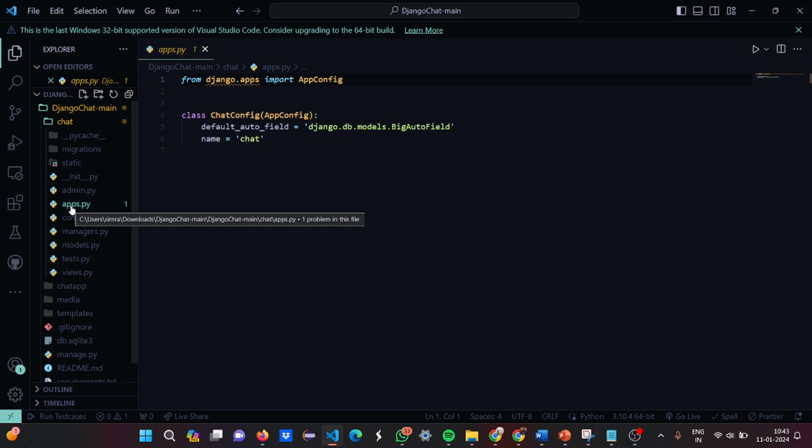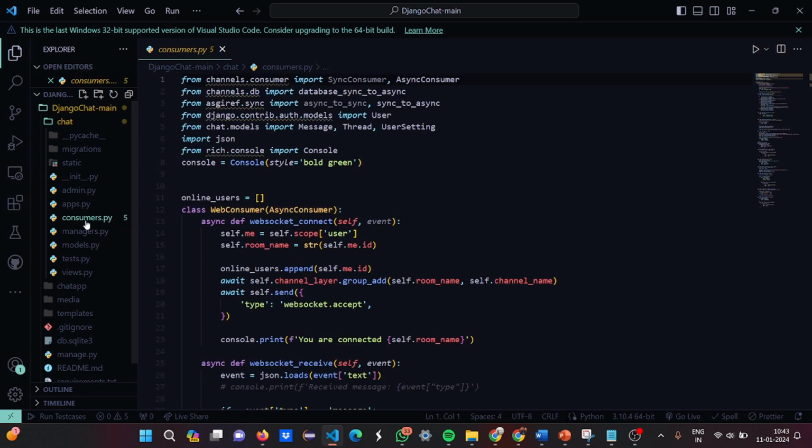So here in apps.py again we are importing AppConfig, and there is a class called ChatConfig where the default auto field is set as models.BigAutoField and the name is chat. Now let's go to consumers. In this consumers file, we have imported certain things like the synchronous consumer, database sync to async. Just look, User has been imported from